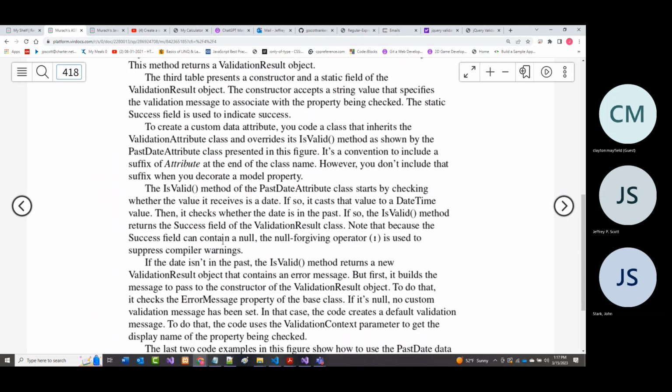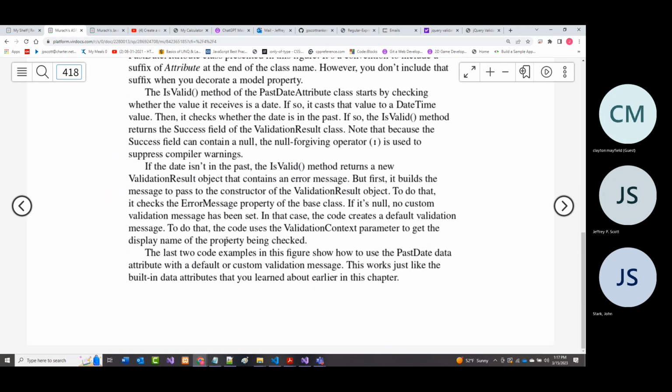So they go through and they've got this example that they use in here for a past due date. All right. And they mention you've got to go through different things. First, you've got to say, is it even a date? All right. Then if it's a date, you've got to cast it into a DateTime. Then you have to check if it's in the past. All right. In other words, is the date less than today, DateTime.Today type of thing. All right. And you can do it that way.